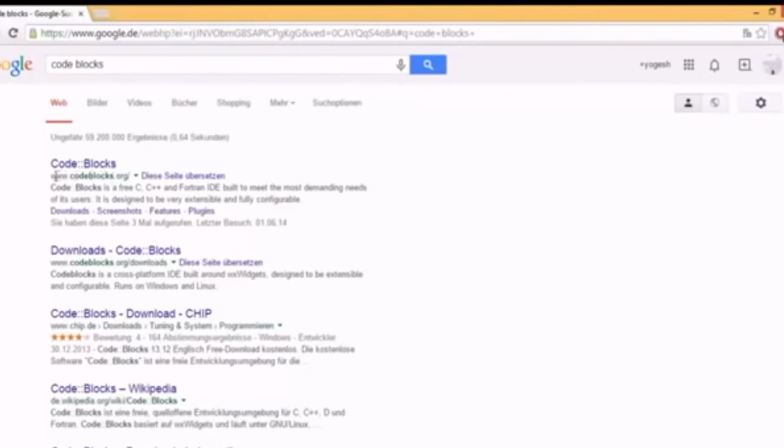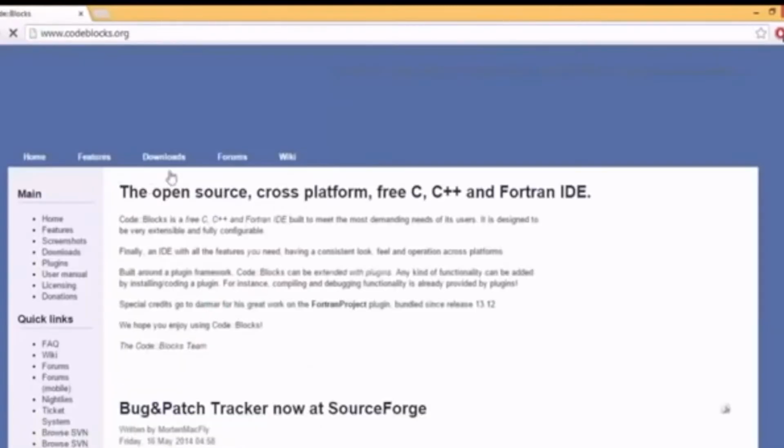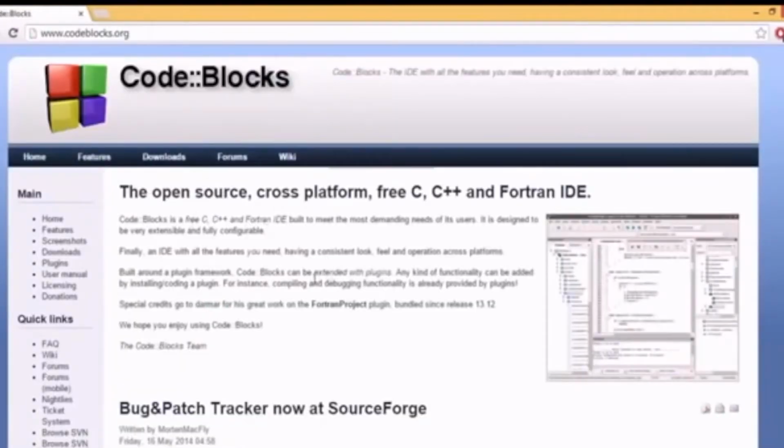This is the website which hosts this program called Code::Blocks, and it's an IDE. So you can see the open source cross-platform free C, C++ and Fortran IDE. So C is included in this.